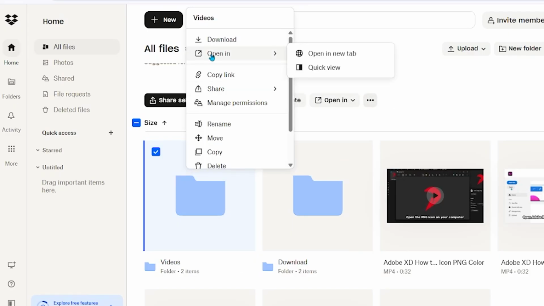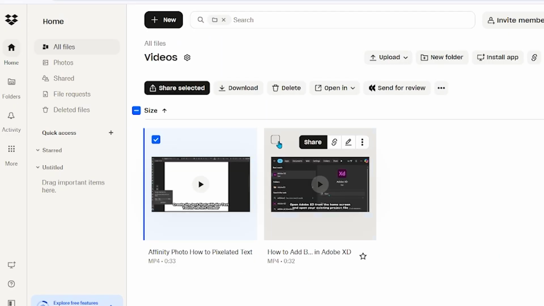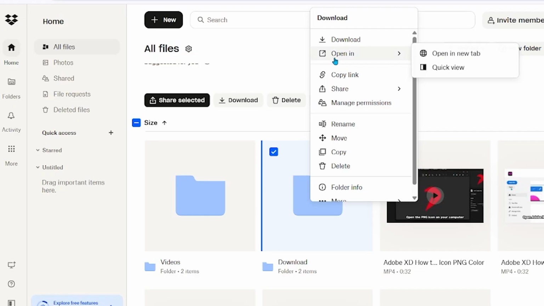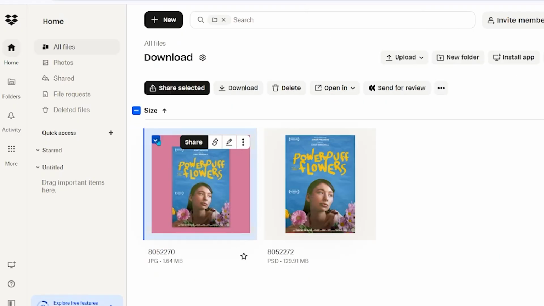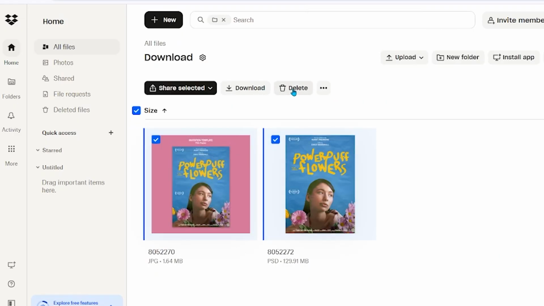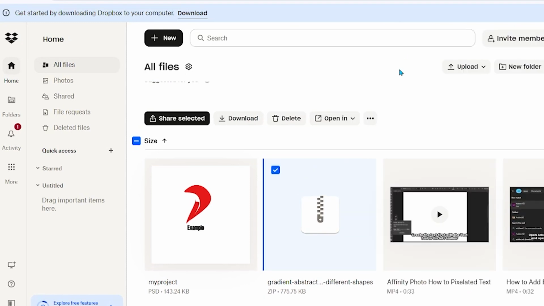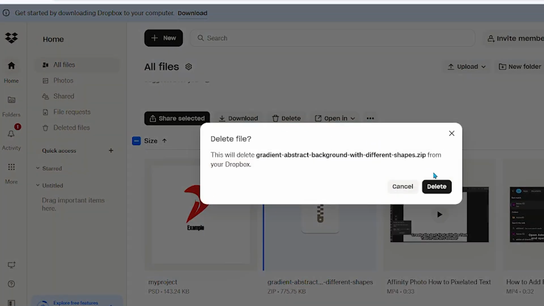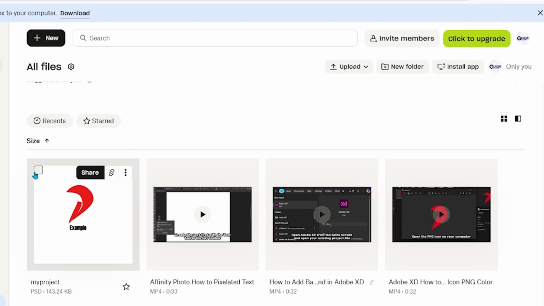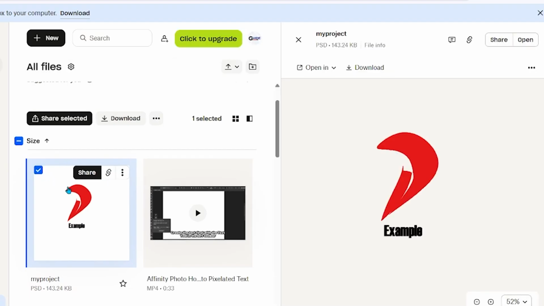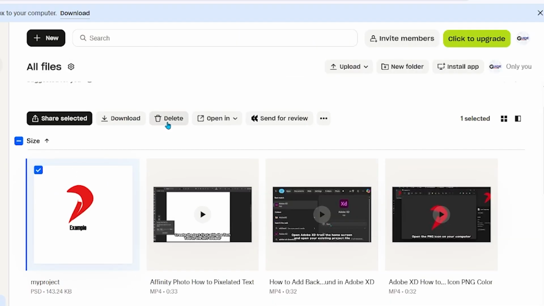Next, open your Videos folder and delete old videos that you no longer need. Then open the Downloads folder and remove unnecessary files that are no longer useful. After that, find large zip files in your storage and delete unused zip files to free more space. Locate PSD or project files that are no longer relevant and delete old projects that you do not plan to